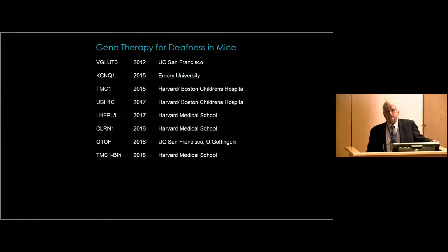Now these studies are in mice, and they're preliminary in a way, but on the other hand, there's a lot of activity in trying to treat deafness in mouse models for human kinds of deafness. And you can see one of the first was only 6 years ago, but since then there have been 8 or 10 different studies, many of them here, in which at least partial restoration of hearing has been possible using this adeno-associated virus. So that's all in mice, but we're encouraged that these studies can be taken eventually to human,